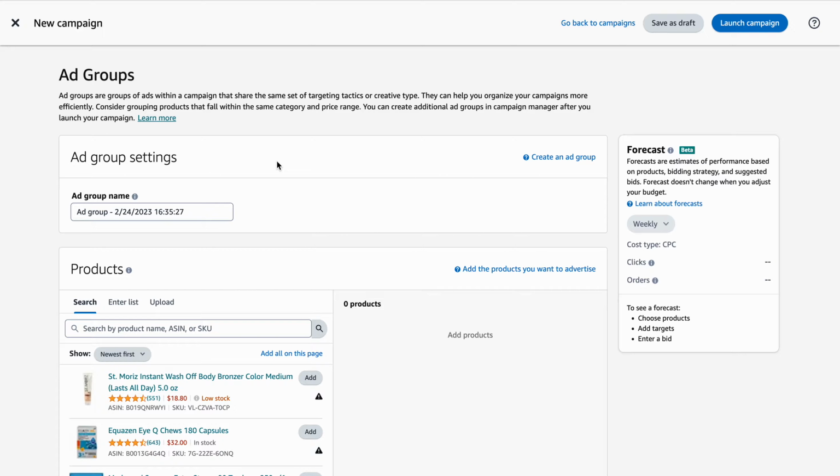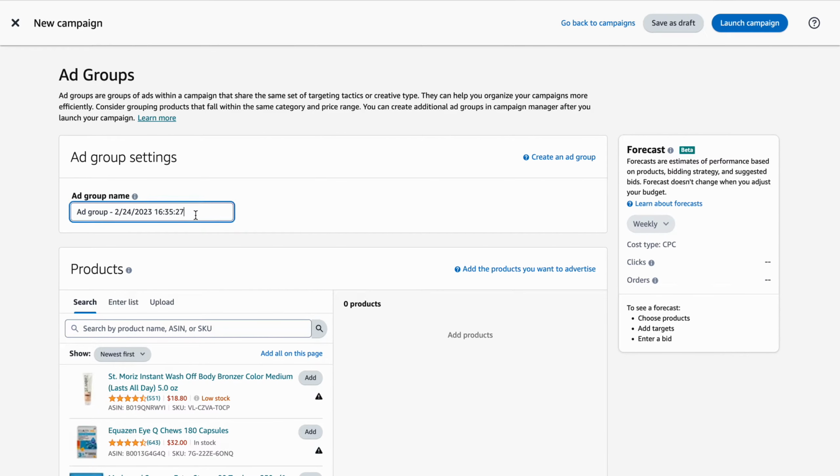So once you click into the campaign, you're going to come to this section here, and this section is going to show you the ad group settings. Okay, so you want to create a name, and once again, as I mentioned earlier, you want this organized. You don't want it to be all over the place, so ideally you want to put these into portfolios, and then within your portfolios you're going to have multiple campaigns, and within the campaigns you're going to have ad group names. So this ad group name is very important to make sure that you don't lose the campaign.